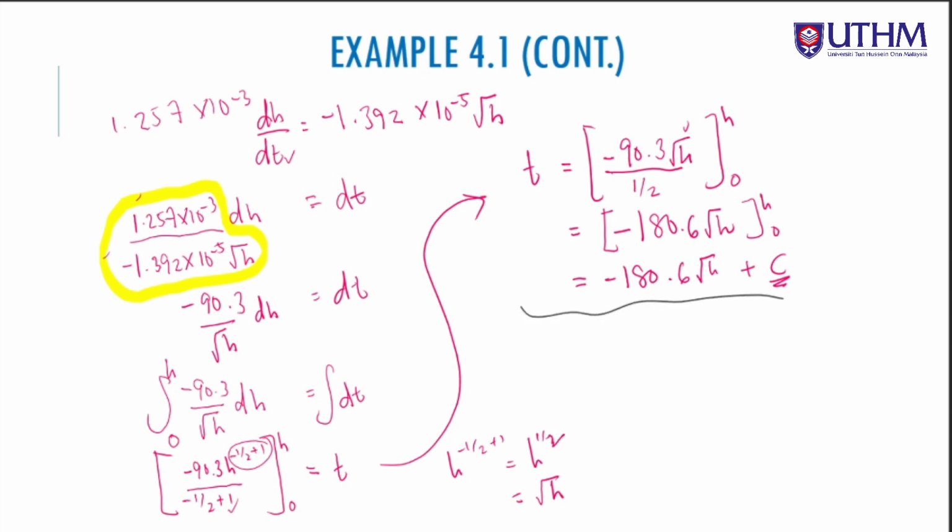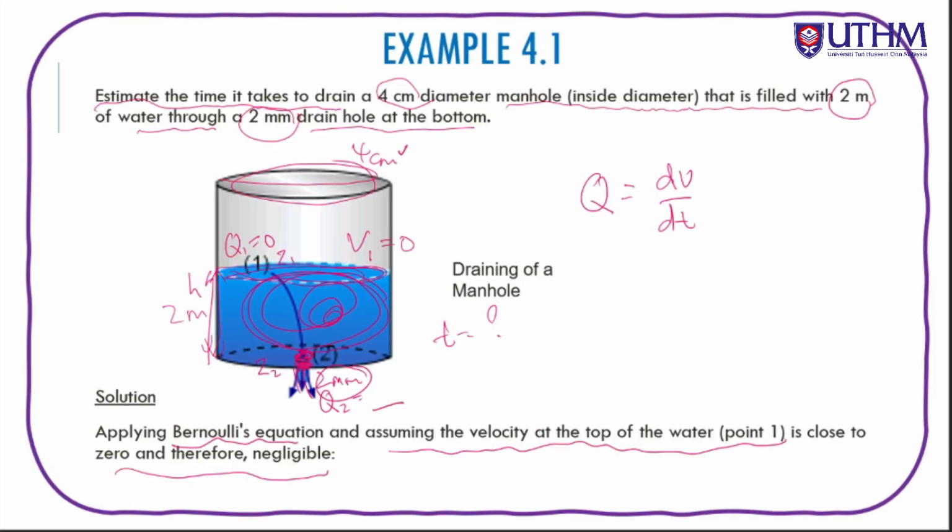Okay, next, sekarang kita dah dapat dah macam mana kita nak dapatkan T tu kan, time tu. Kita dah dapat satu equation yang mana kita boleh guna untuk find the value of T. But first of all, apa kita kena buat? Kita kena cari this constant. And how to find this constant? Kita replace at T equals to 0. Maksud dia if let's say T equals to 0, time equals to 0,